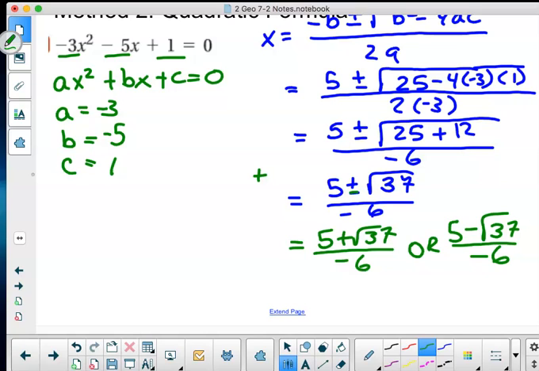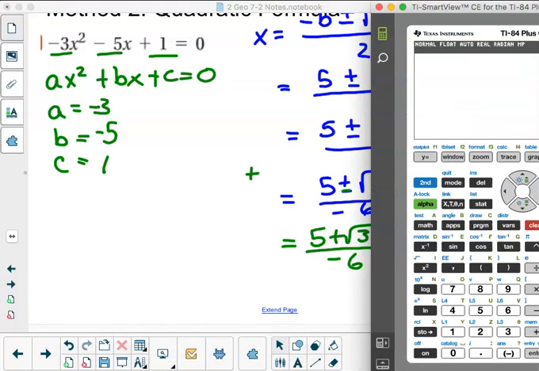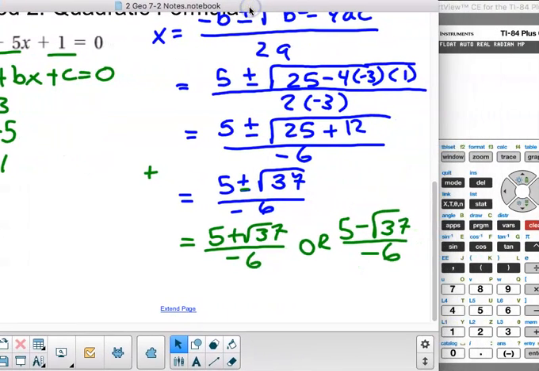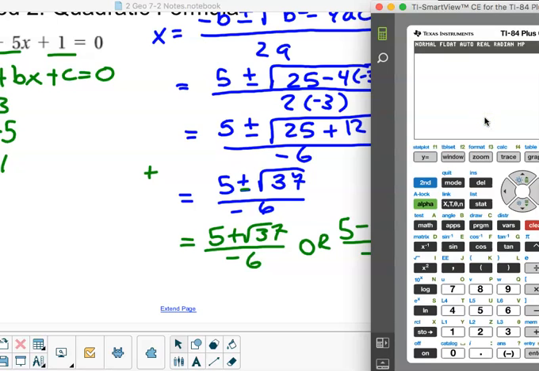Now, when I plop this in my calculator, I want to make sure you put this in correctly because this is important. I have left parenthesis, this is my numerator, the top value, 5 plus the square root of 37. Okay, now arrow out, and now I'm going to divide this by -6. This is going to give me this answer, -1.81,